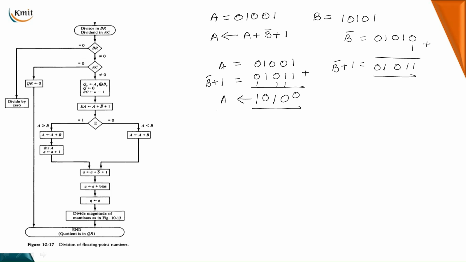Now, since you don't have your carry here, your E flip-flop will be 0. So when there is no carry, if E is equal to 0, it means that there is no divide overflow. Which means A is less than B. Right? So there is no overflow situation. So directly you can go for the next step, the fourth step,